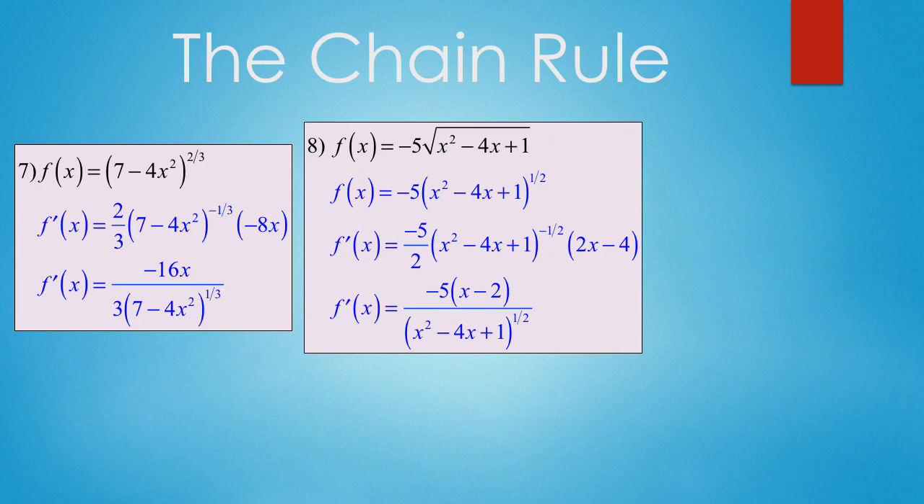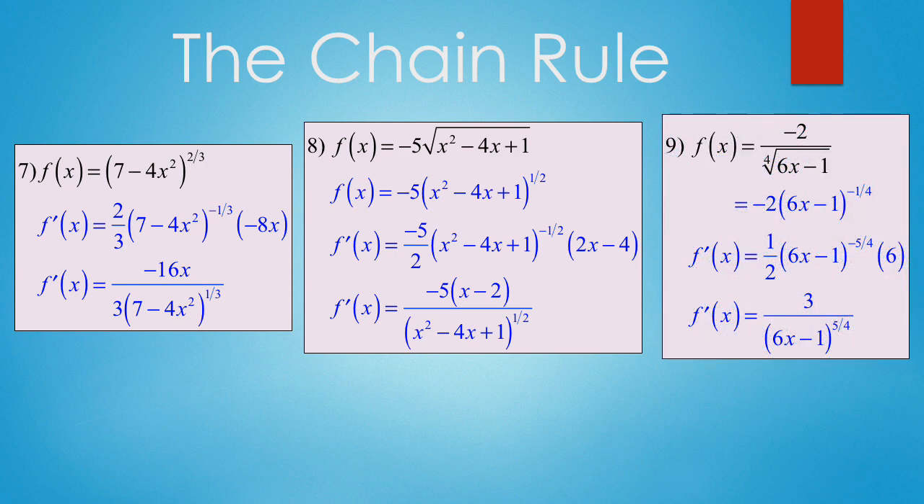Number 8 reads f of x equals negative 5 square root of x squared minus 4x plus 1. Our first step is to rewrite the expression as negative 5 times (x squared minus 4x plus 1) to the 1/2 power. Taking the derivative now, we can bring the 1/2 in front, reduce the exponent by 1, and then multiply by 2x minus 4, which is the chain rule. We can divide the 2 into 2x minus 4, getting x minus 2, and we're left with negative 5, quantity (x minus 2)